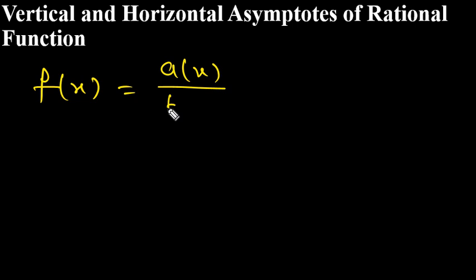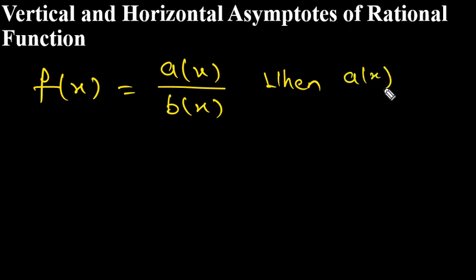Hi everyone, in this video we will start with graphing rational functions, and the first concept we will understand in this topic will be vertical and horizontal asymptotes of a rational function. Okay, so if you have a rational function, it will be like f of x is equal to a of x over b of x. This is your rational function when